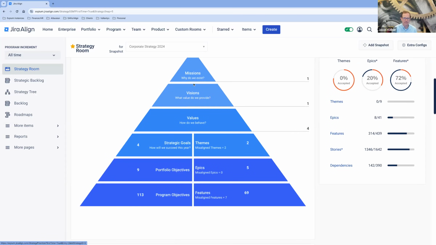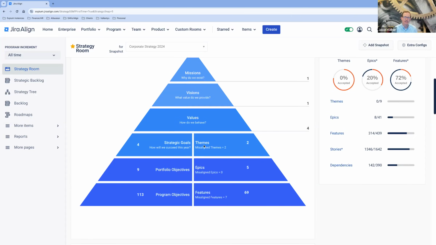And again, there's a lot of customization available within the tool with terminology. All these different words you see here, you can change the name of within the tool to set it up for your company. So you have strategic goals that are more like your long-term goals that would roll up to your values. And then you have objectives: portfolio objectives, program objectives. Again, you can see this hierarchy here, and those objectives can roll up to your